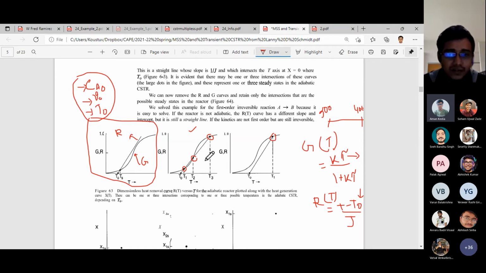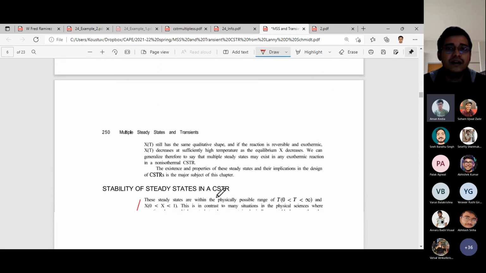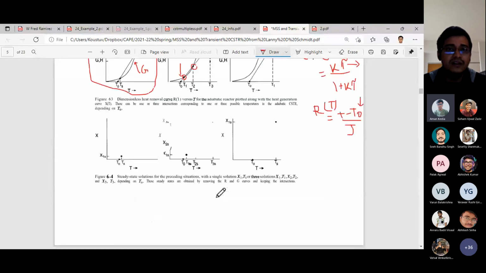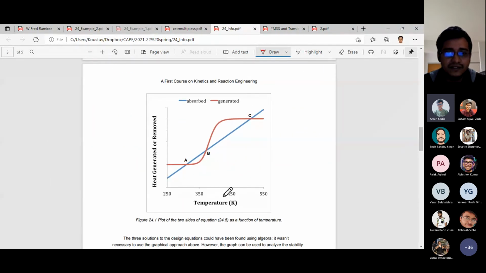So let us now go ahead and graphically understand characterizing each of the steady states. For that, I will now go to a different slide or book chapter to explain this clearly. Let's say these three, because again we can write this as R, the heat removal line, and this is our generated line. Though it is written here in a different color code, I have still written it for the sake of clarity.